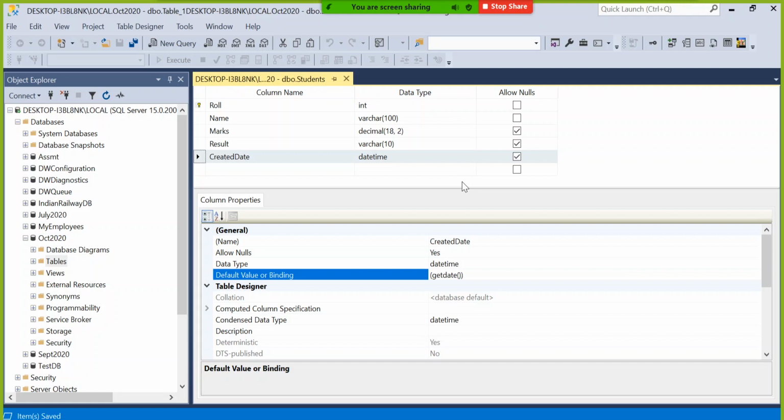But if you want, okay, I will have a text box where I will type the current date and time and save it. It's okay, but human error may come. That's why it's not a good idea to send the created date from the front end manually. So I decided a default value for the date and time. Make sense? Similarly, roll number, why should I decide what will be the next student's roll number?